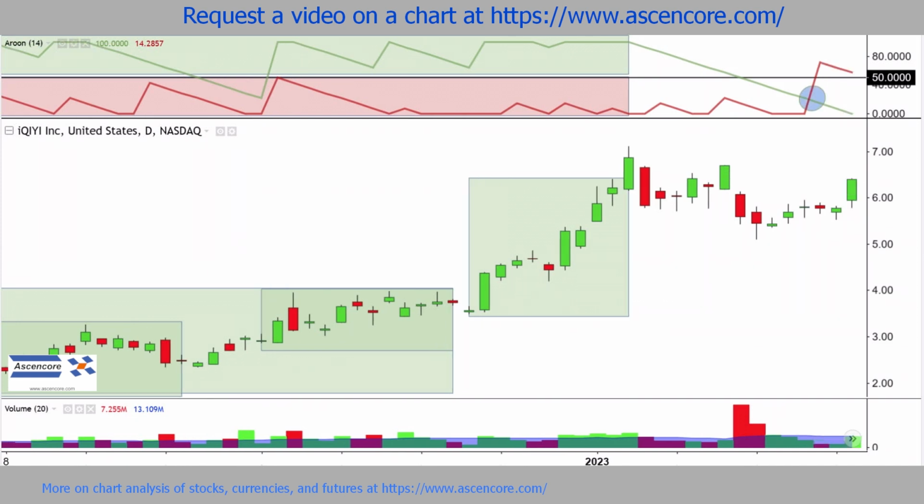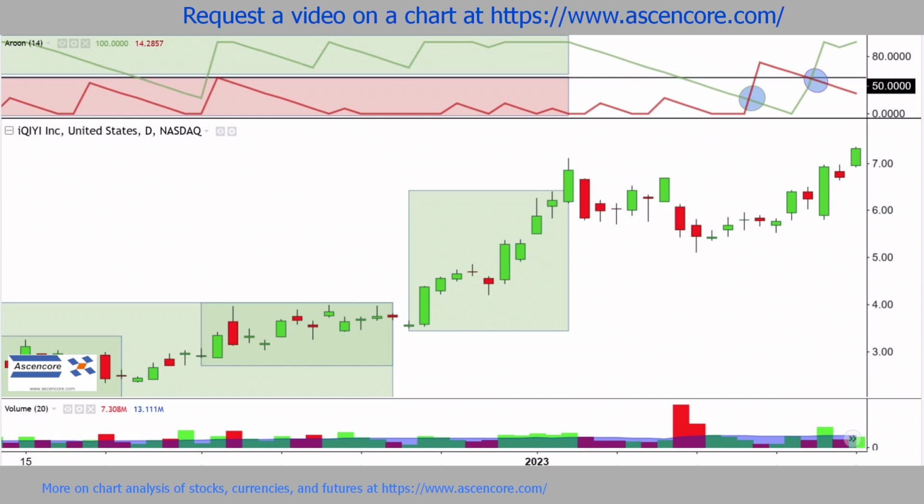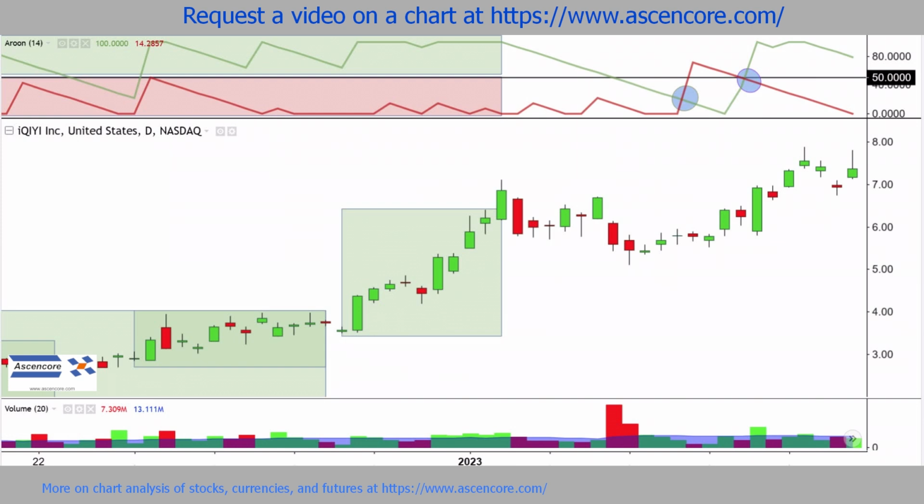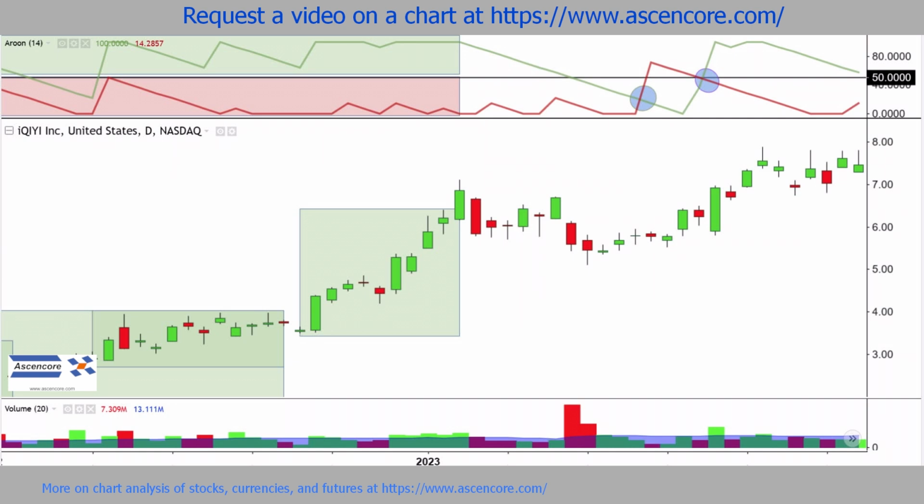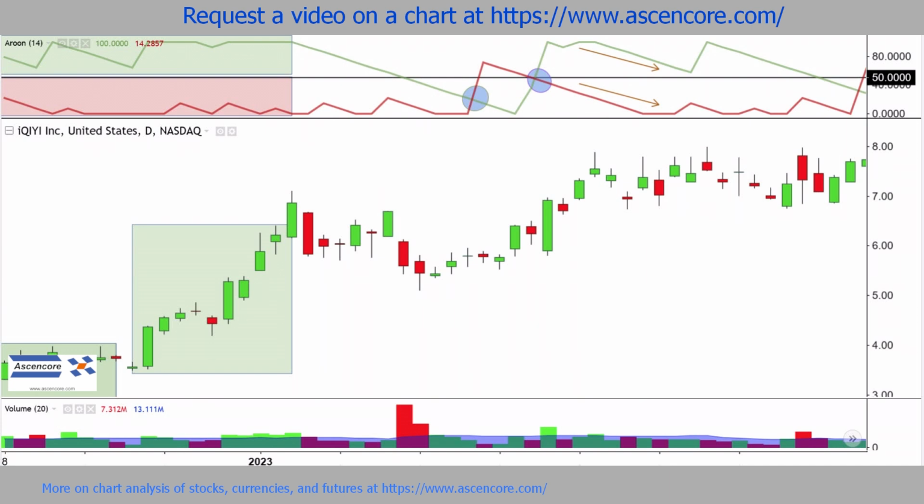When Aroon lower crosses over Aroon upper and the Aroon upper crosses below Aroon lower, it can point to a weakening stage of a strong uptrend, either towards consolidation, retracement, or a full reversal. In this case, since Aroon lower doesn't consistently advance over 50, and Aroon upper quickly gets back over 50, it's been more of a minor retracement towards a consolidation